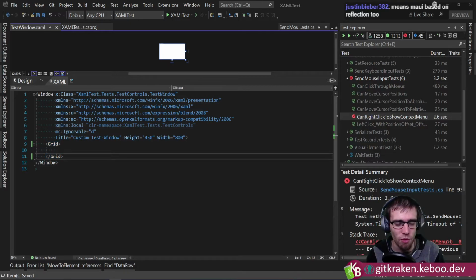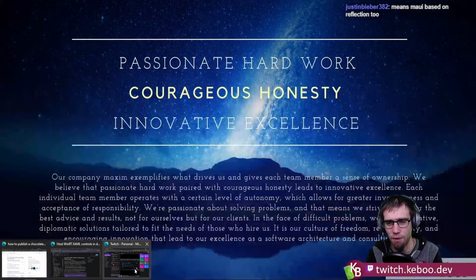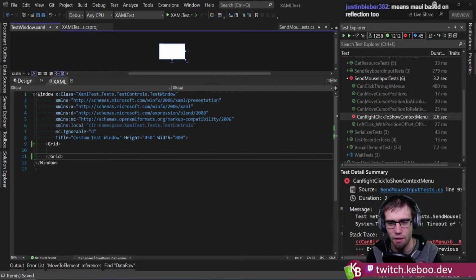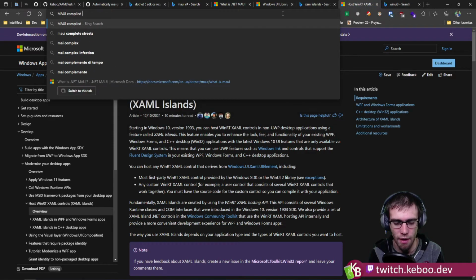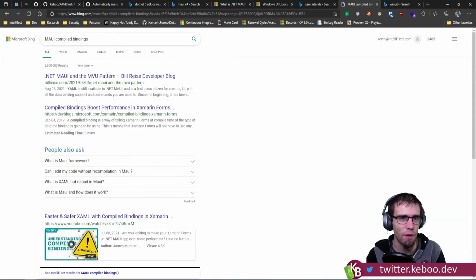Means MAUI is based on reflection too. Well, MAUI, I believe, has Xbind support. So I believe you can get on, I can check this real quick. MAUI compiled bindings, because I know Xamarin Forms has compiled bindings, so I'm fairly